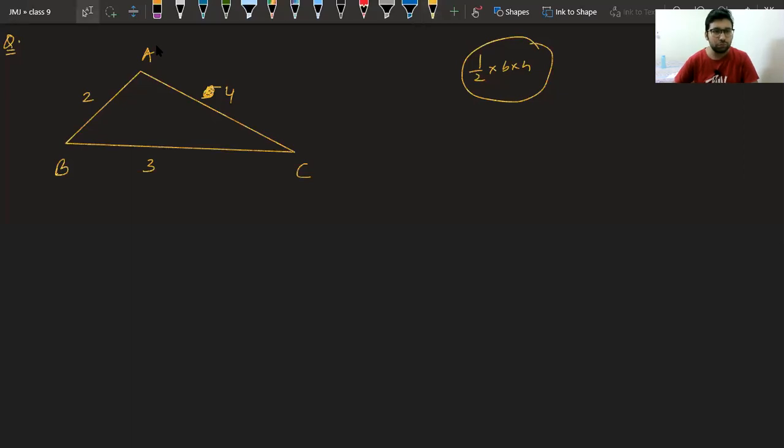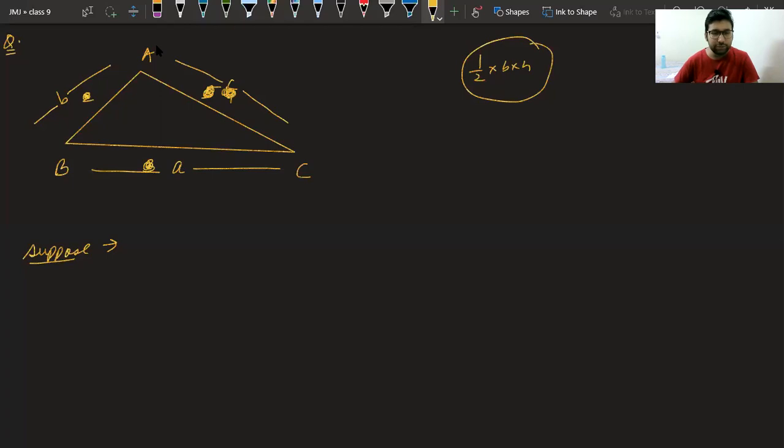First let me tell you, suppose you take this triangle as ABC. First we have to find the semi-perimeter. Suppose I take this as ABC. I'm going for variables, class. Suppose this side I'm taking as small a units, this as small b units, and this as small c units.